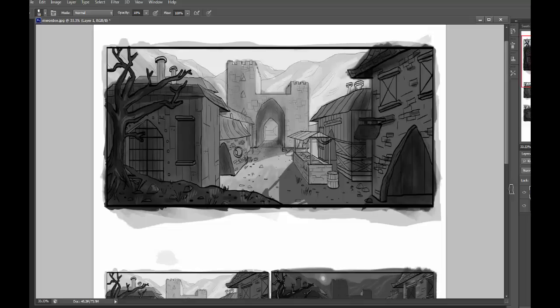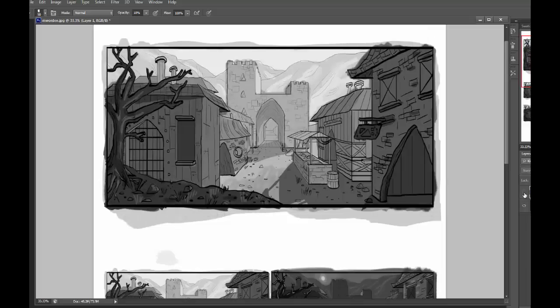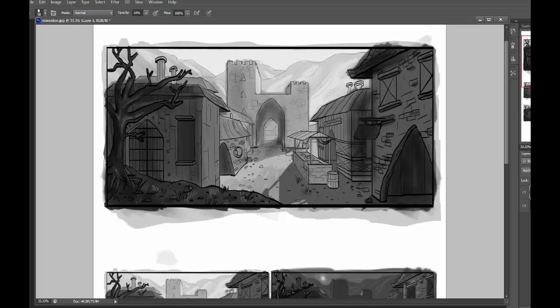All right. Now, see the difference? Just a little bit of those values. It starts to get in there and bring some of your piece a little bit more together where we can see some of the other highlights coming through that you have in here. And you still can come back here and punch up a little bit more of those highlights. Okay, so if I come over here,